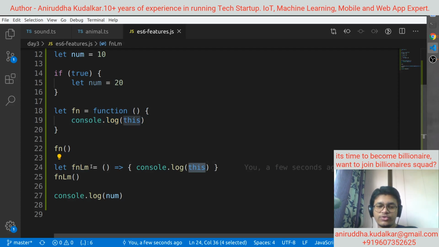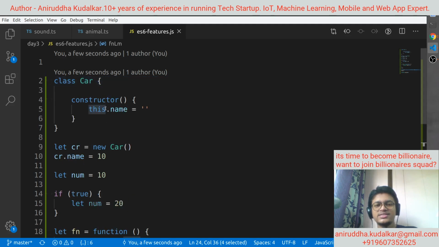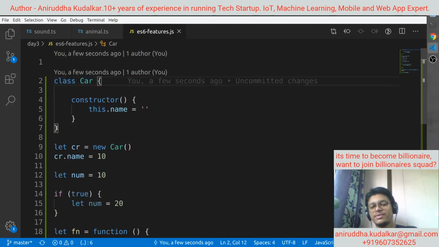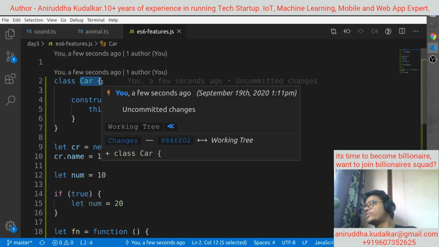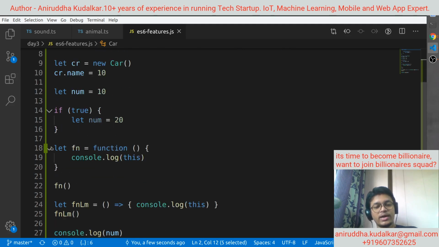Right? So if you have written lambda inside the class, remember that I am repeating myself, it will point to the particular object of the class. So this is one difference.